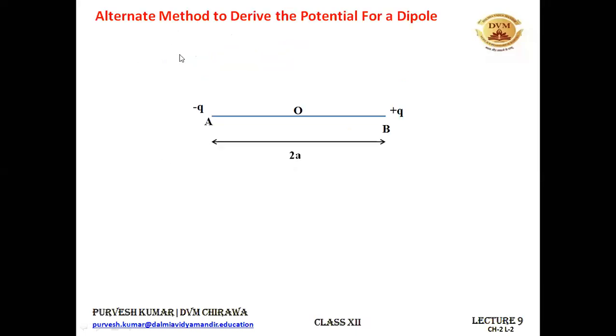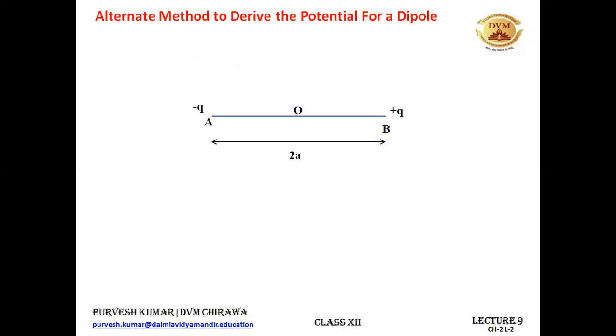See, we can also find the electric potential for a dipole by one alternate method. And this is an easier one as compared to the one that we have done. But the tougher one I have made you do by myself. I have done it for you. Now you have to do it on your own. So that you will be having an understanding of what actually you have learned. So let me give you a glimpse of what we will be doing in this.